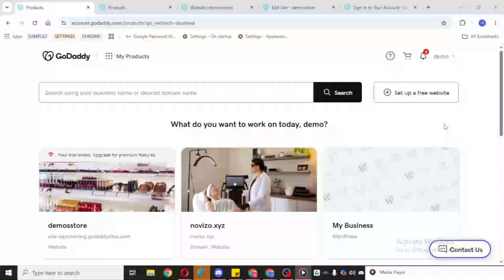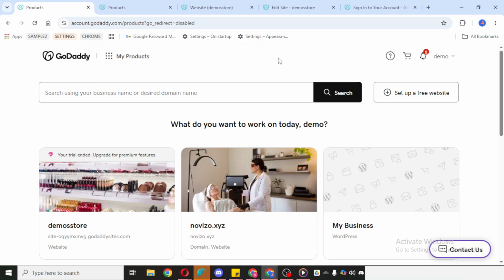In today's video, I'm going to teach you how to easily change currency on GoDaddy. If you want to view GoDaddy prices in a different currency, the good news is that it's a very quick process and doesn't require any complicated account settings. This is especially helpful if you're browsing domains from another country, comparing prices more comfortably, or simply want to shop in the currency you prefer.